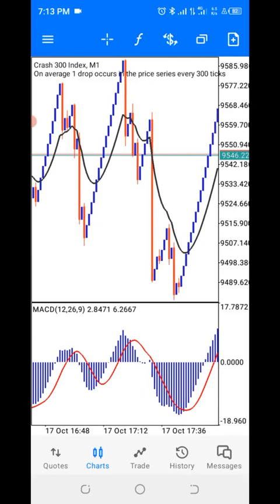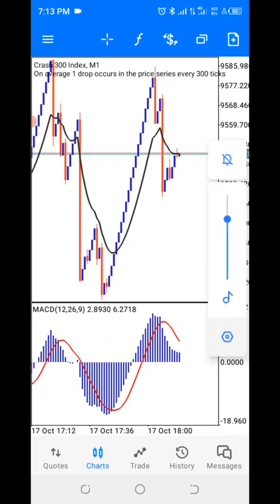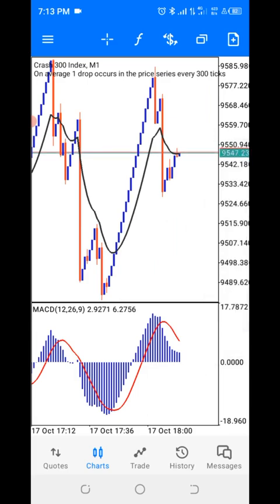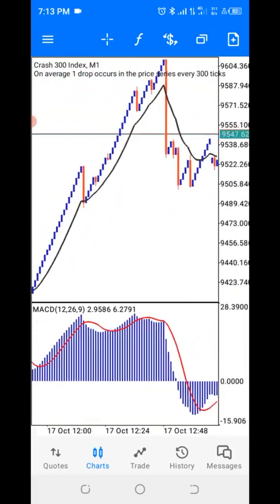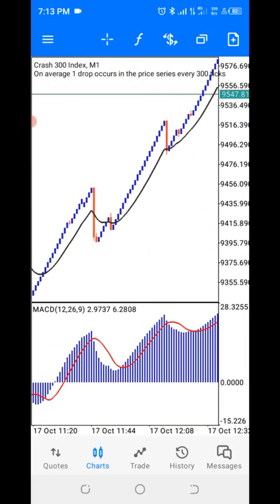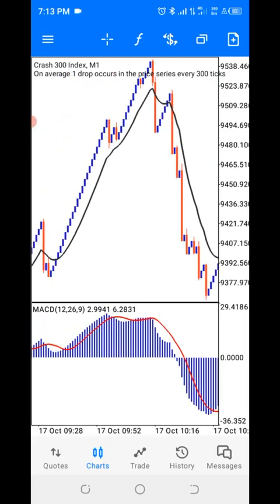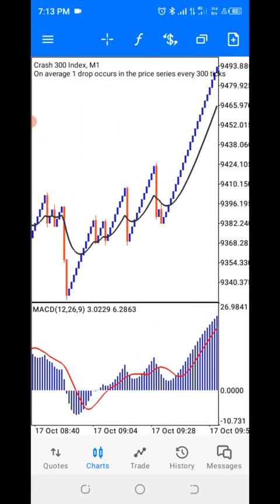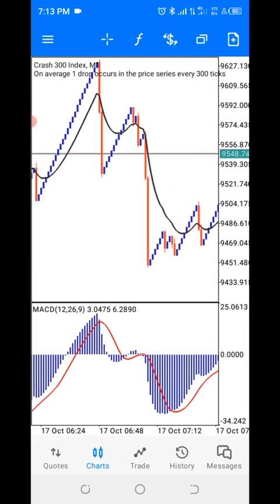So today I'm back again with another strategy that we can actually use to trade crash 300, boom 300, and crash 1000 solidly. Right, so the strategy is a very simple one that we don't need much indicator. We are just using 2 indicators, and the 2 indicators that we are using are very leading and very powerful indicators, right?